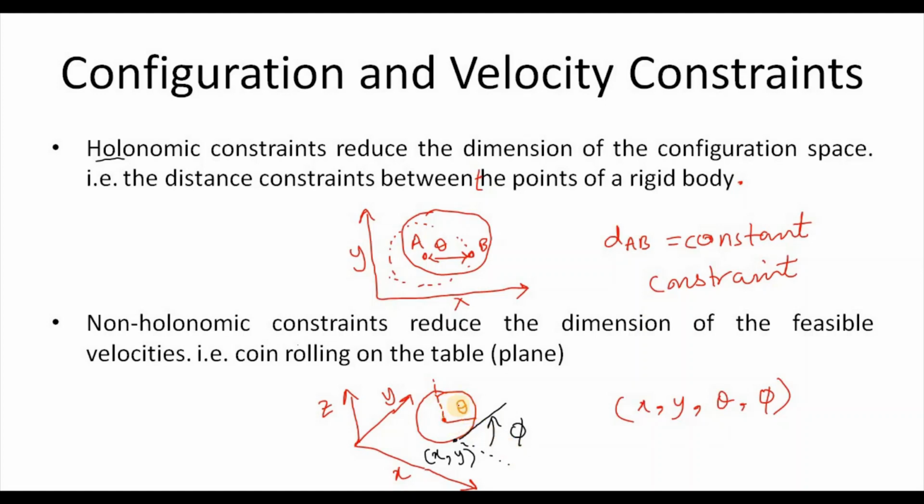For example, now it's moving toward the y coordinate, but it cannot have velocity along the x coordinate without changing the angle phi. If it has to move toward the x coordinate, then first you have to change the phi angle, rotate it toward the x-axis,